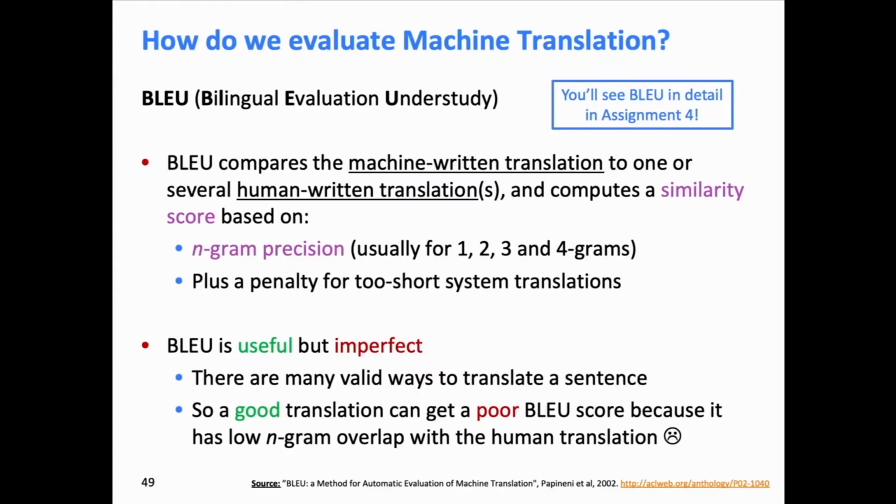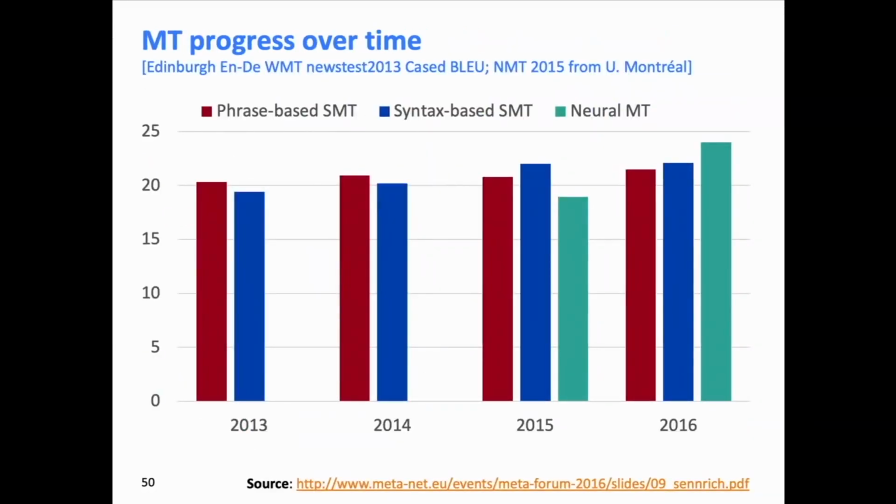All right, so that's how you evaluate machine translation. So now you can understand this metric of how we evaluate our progress on machine translation. I can show you this graph and you might understand a little what it means. So this is a bar plot which shows, in a nutshell, how NMT changed the machine translation landscape in just